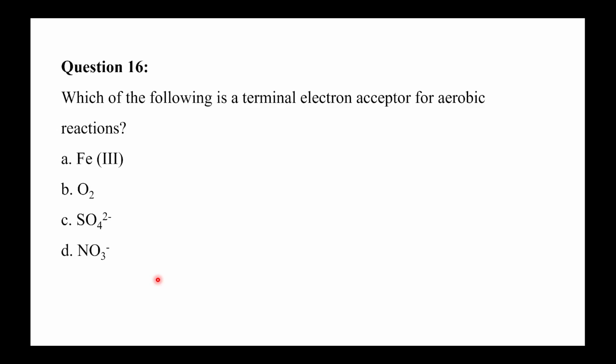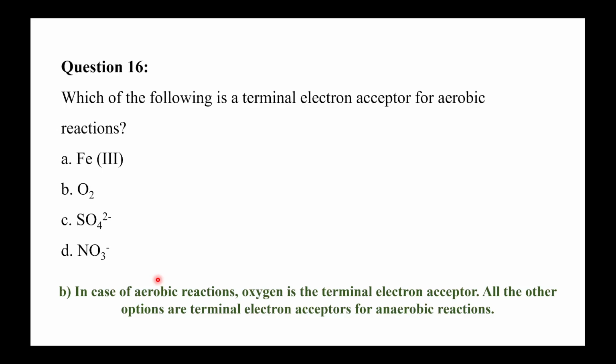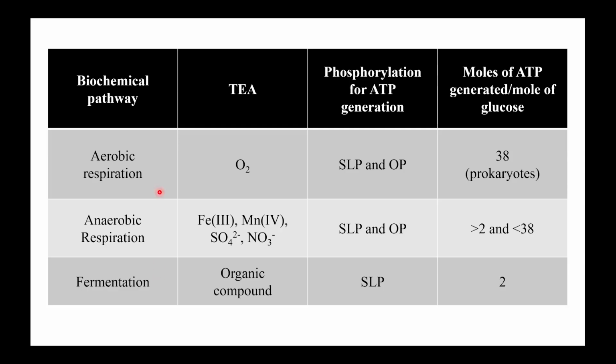I can see most of you have answered. 4 of you have answered actually. Option B, oxygen, that is the correct answer. So in case of aerobic respiration, I told you oxygen is the terminal electron acceptor. The other 3 options are the terminal electron acceptors in case of anaerobic reactions. So this is how the different pathways work. Under aerobic respiration, we have oxygen as the terminal electron acceptor, and